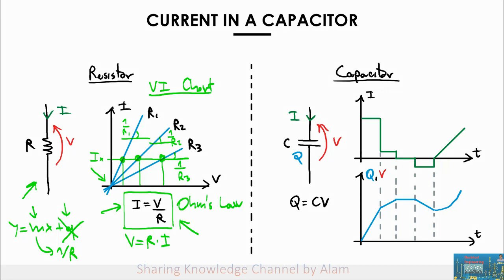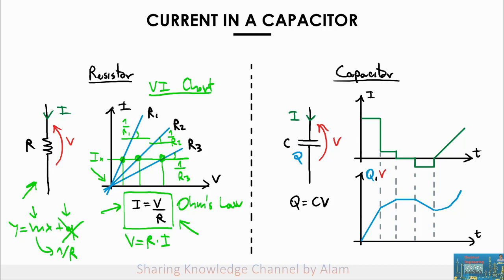The relationship between the current and the voltage in a capacitor is not as simple as in the case of the resistor, where you have a linear relationship. So we want to discover it step by step, and we're going to go with a little exercise where I provide a waveform for the current, and we extract the equivalent value for the charge and then